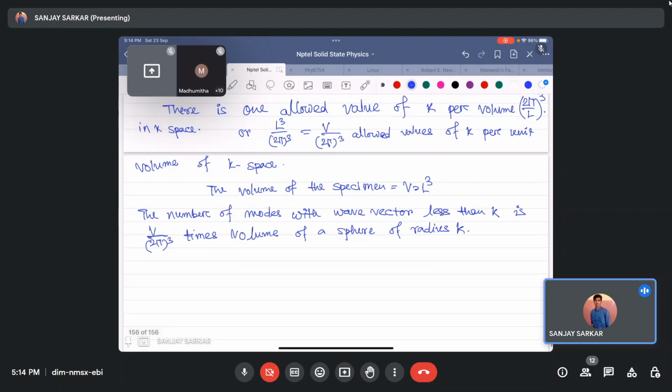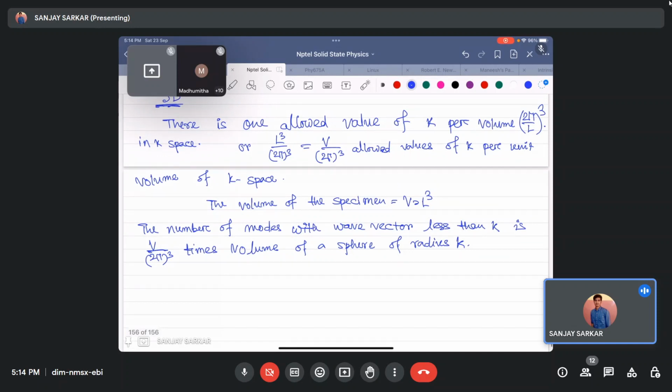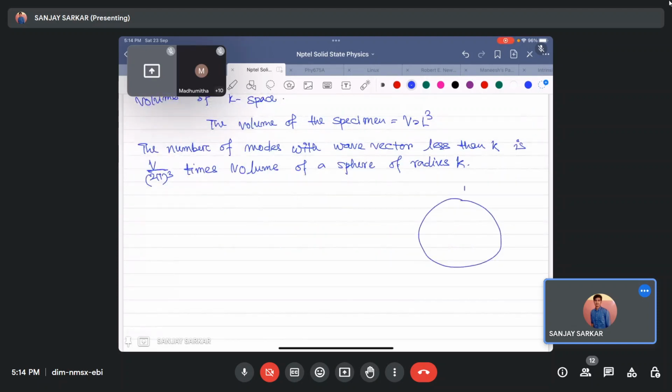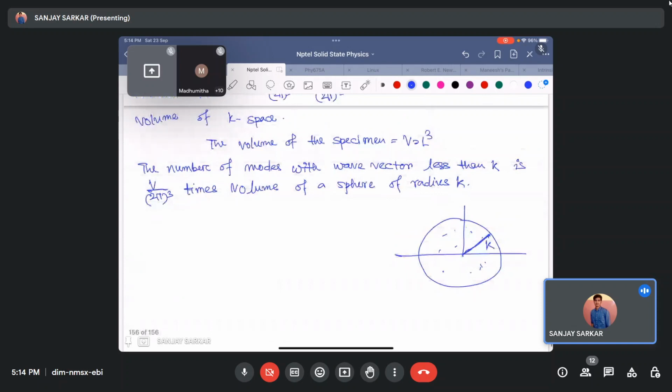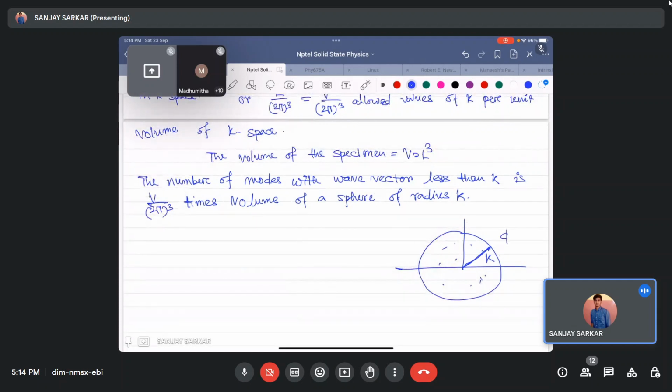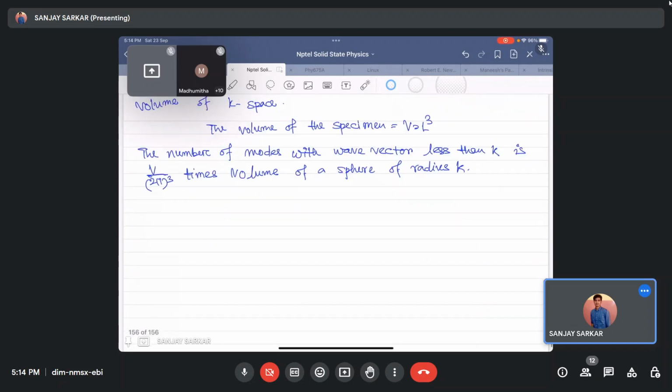So first we have said that per unit volume we have this number of states, V by (2π)^3 number of states. Now it's in 3D, it's like a sphere with radius k. So we need to calculate how many states are there in this volume with radius k. So per unit volume we know the number of states is V by (2π)^3. So the volume of this sphere is 4/3 π k^3. So we need to multiply 4/3 π k^3 with the number of states per unit volume, and that will be thus